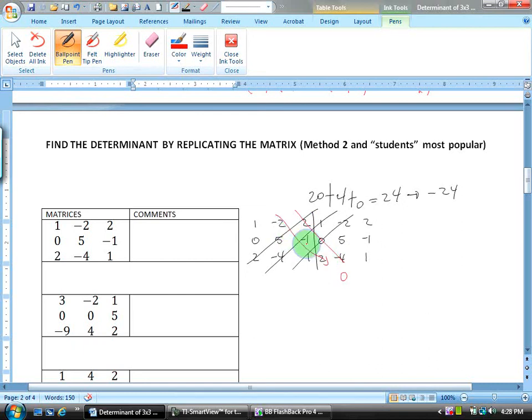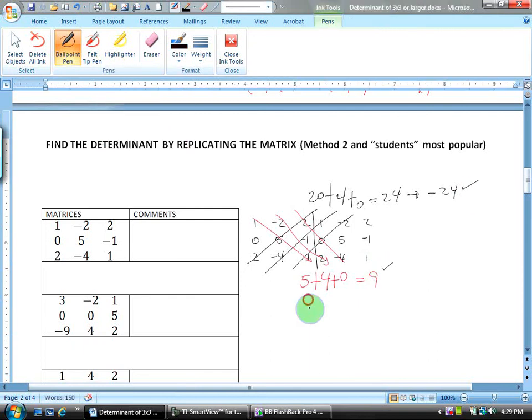Okay, minus 2 times minus 1 is 2, times 2 is 4. And the third step, going down, 1 times 5 times 1 is 5. We add them up, and this will give us 9. So we are now going to find the determinant, and the determinant is going to be the sum